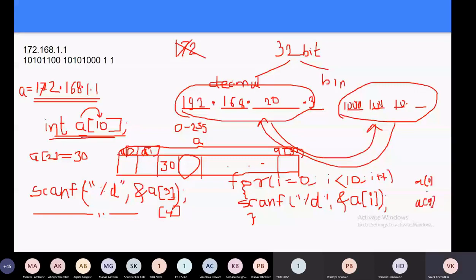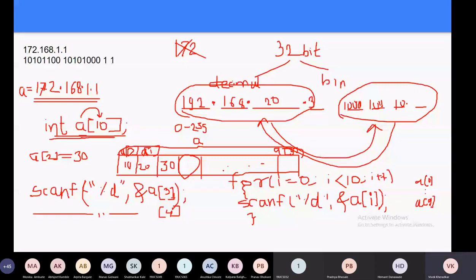Now tell me, once I input the value, it is stored in your array, right? For example, 10, 20, 30, up to 100. Now tell me how I print these values which I have inputted from the user. Using printf. Yes, printf.